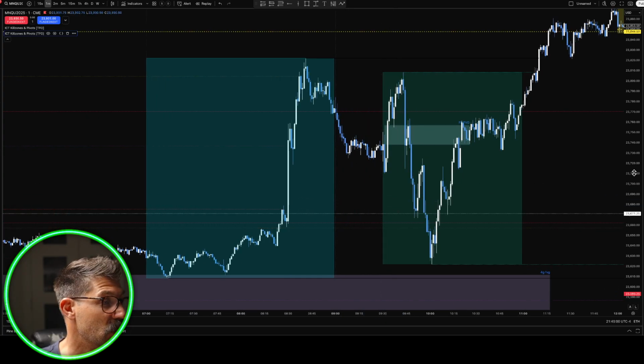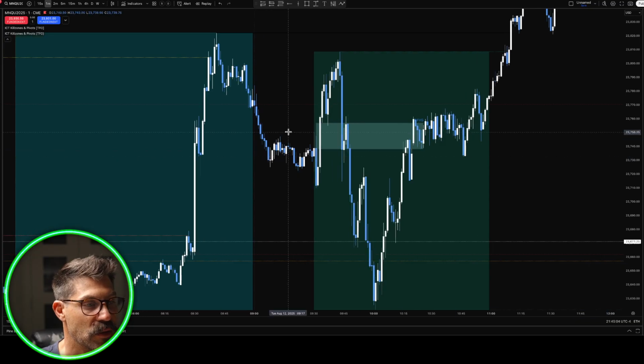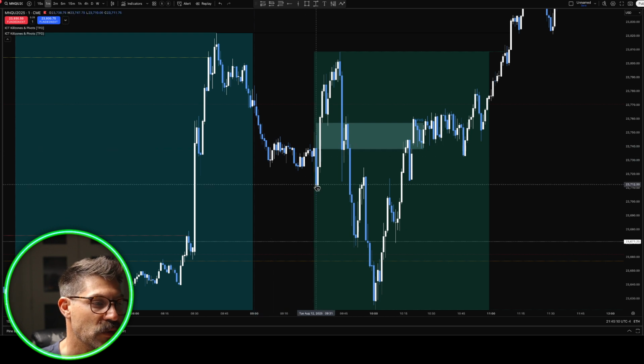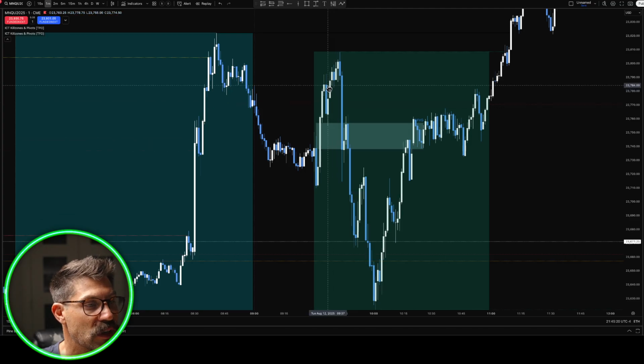We also had the power 3 again happening pre-market, between 9 and 9:30. So this is that accumulation. We did manipulate lower, but we did go up as well. We got the first presented fair value gap here and then broke lower. And so I was waiting for